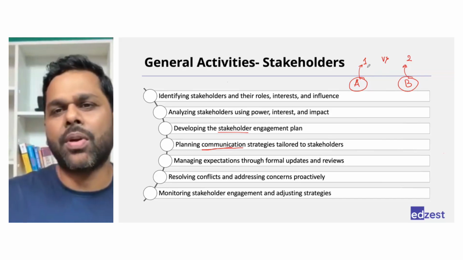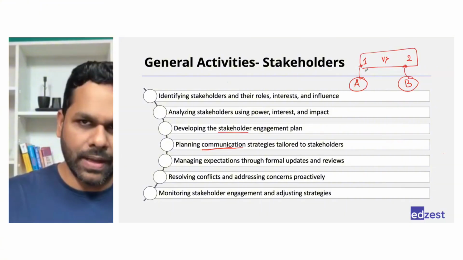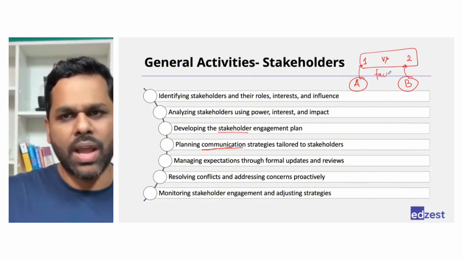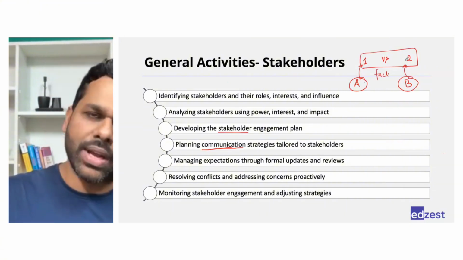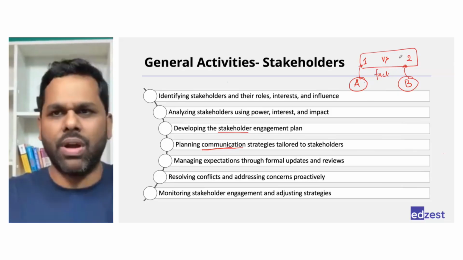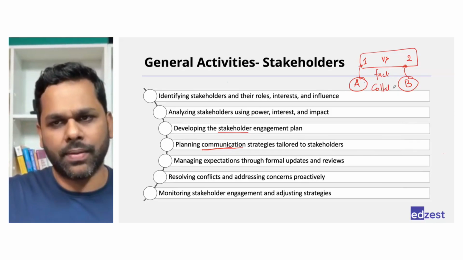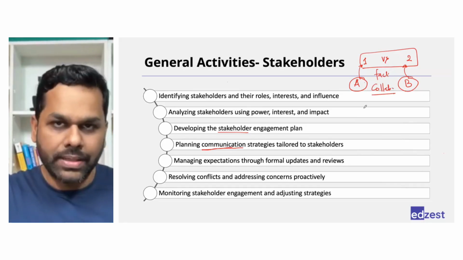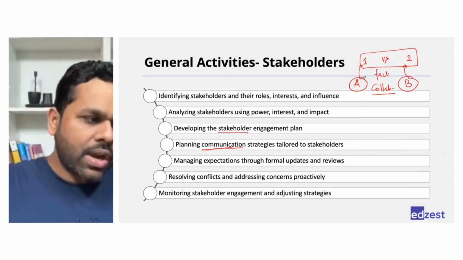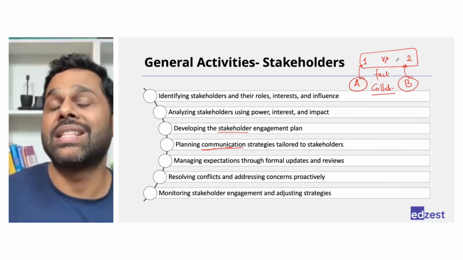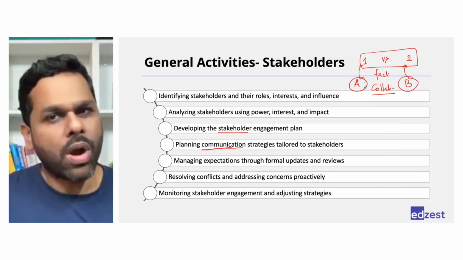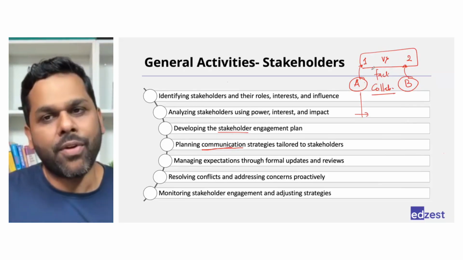At this point of time, the project manager's involvement is not needed. They will discuss the facts. This person will say why one, this person will say why two. They will discuss and decide one or two. It's a very good thing. This is where the collaboration is happening. Now, when they are not able to resolve this conflict at this stage,